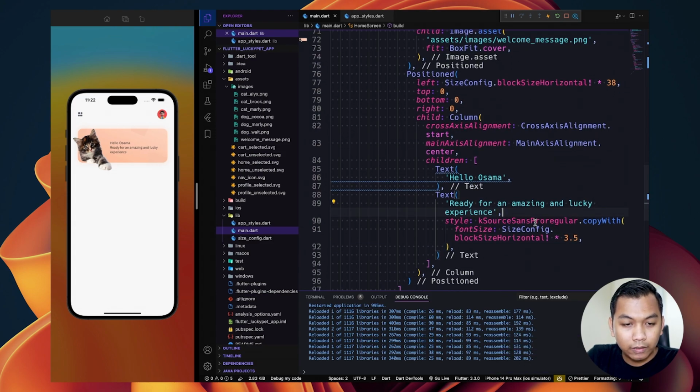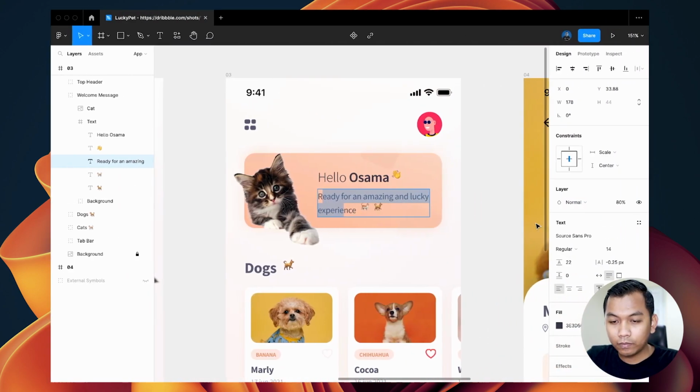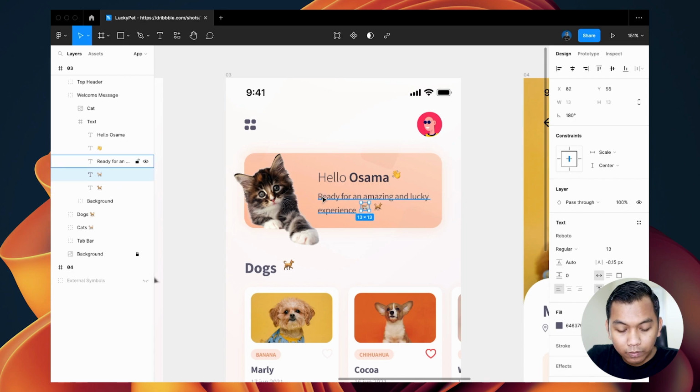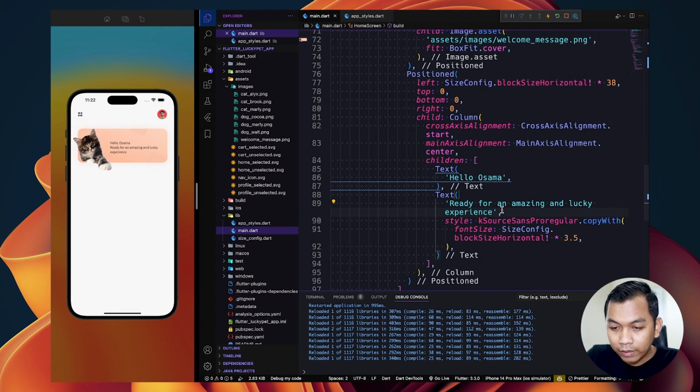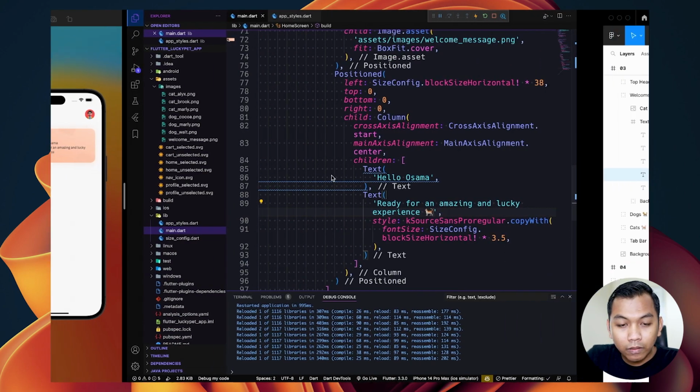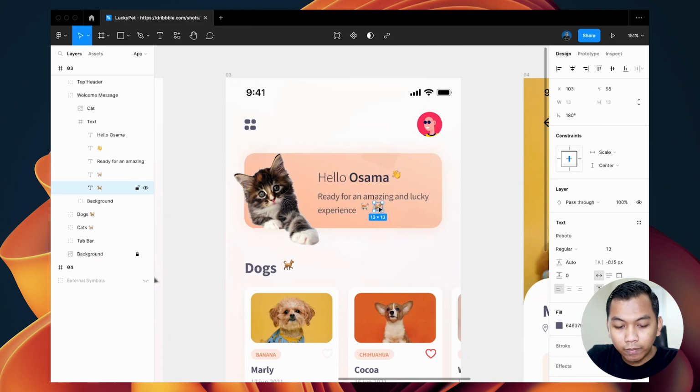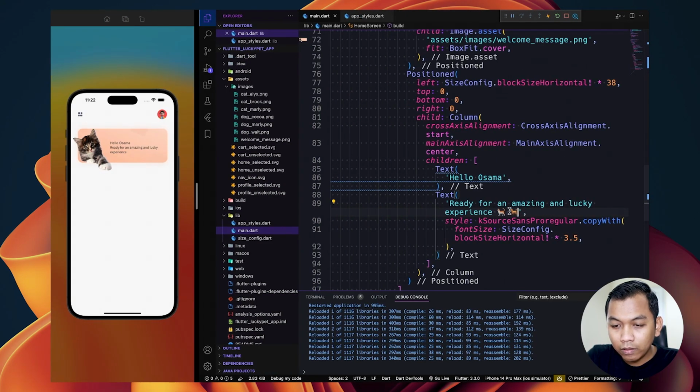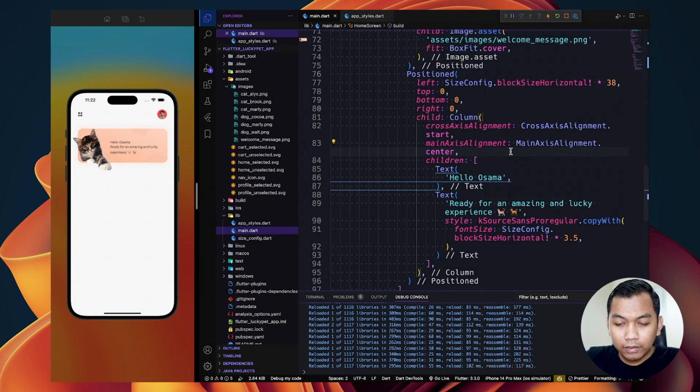Look like this. And we can copy this icon, paste here, and the second icon. So yeah, look like this.